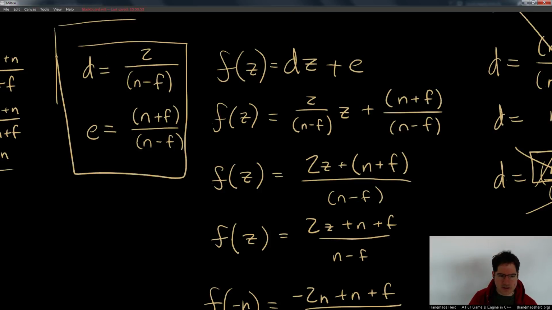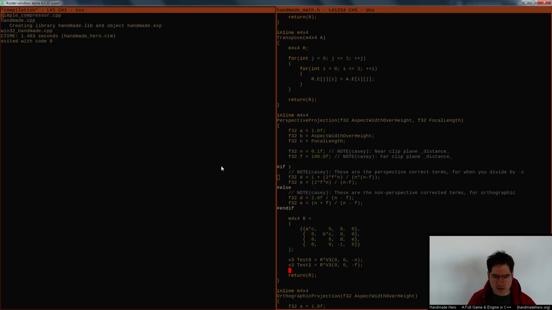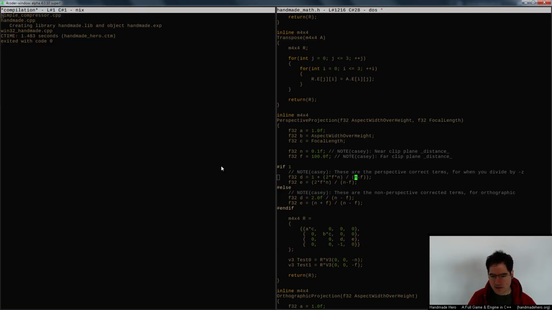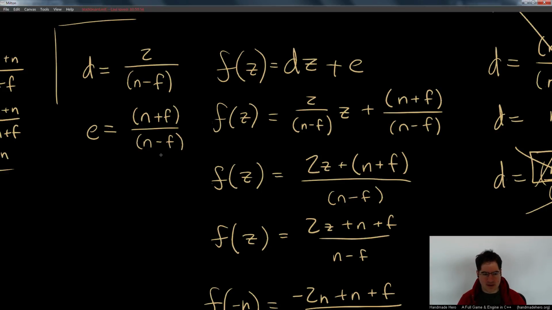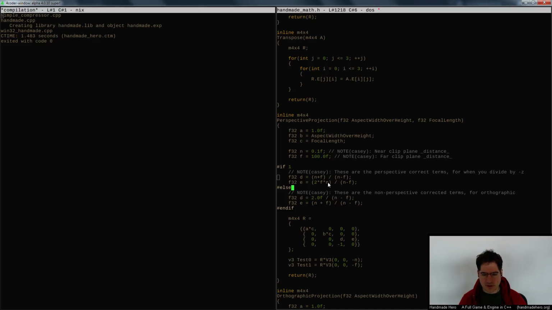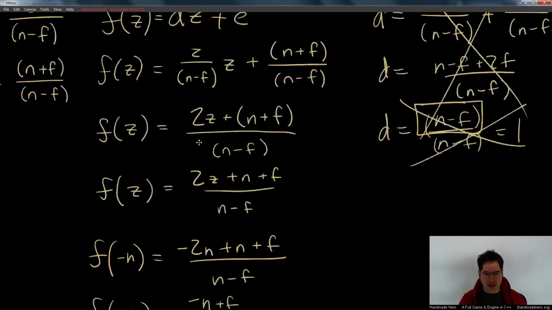And it looks like we already knew that, in some weird way, right? So this value on the top here, we do not need to do it this complicated at all. It's just n plus f over n minus f, according to us, which makes that quite a bit simpler. Unfortunately, like I was saying, that's still wrong as far as we know, because the math when we tested it didn't work properly. So now let's actually see